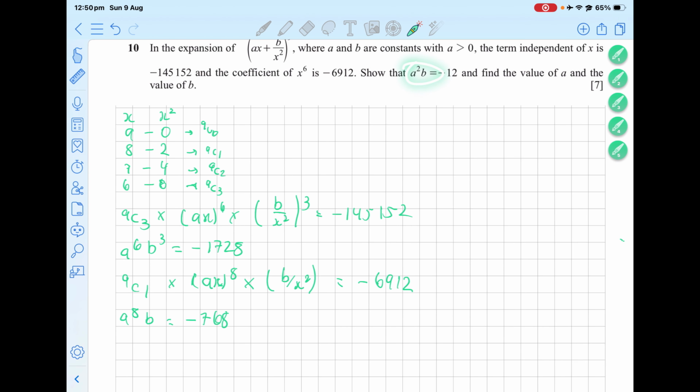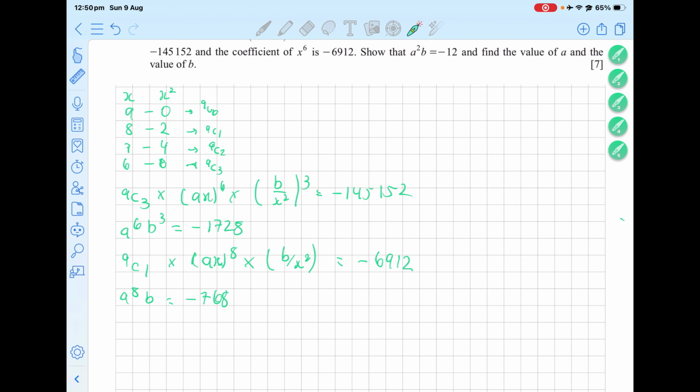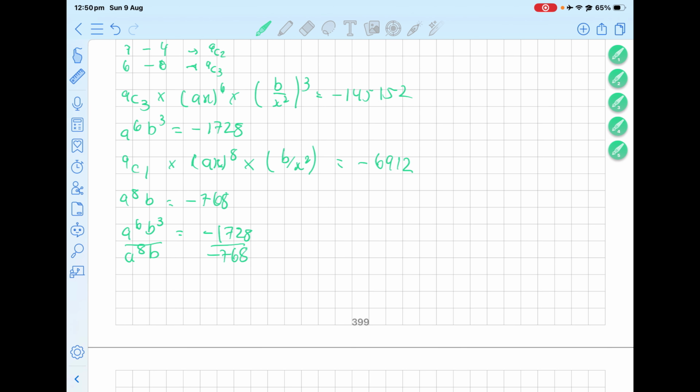Well, I'm just giving an idea, maybe we could divide these. So if you do a^6 b^3 over a^8 b, that's minus 1728 over minus 768. So what's 1728 over 768? Well, that's 9/4. So I know that b squared over a squared is 9/4. So therefore I can say that